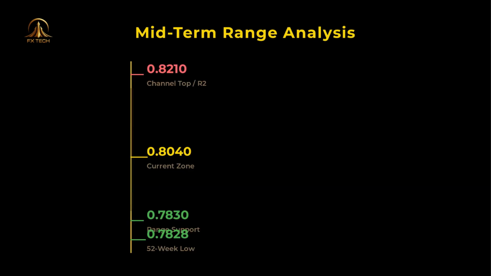this pair. Visualizing the midterm range, we see the channel top and R2 resistance at 0.8210 marking the upper boundary. The current zone sits around 0.8040. Range support is established at 0.7830, just above the critical 52-week low at 0.7828. A break above 0.8210 would be needed to invalidate the bearish bias, while a move toward the 52-week low would confirm the downtrend strength. Trade tensions and tariff uncertainty add to market volatility, making risk management essential for any positions